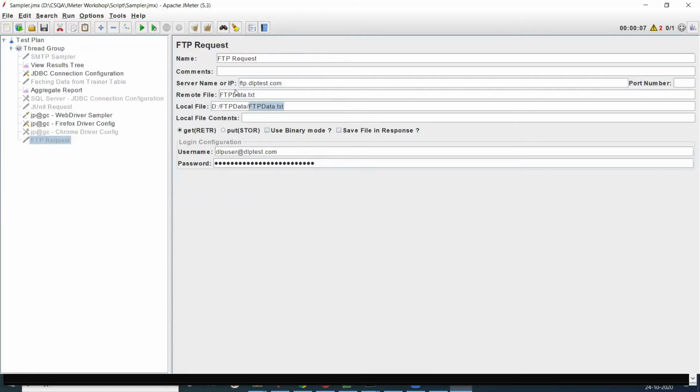Whatever data you want to fetch, this is the file name. What I'm doing is, it's a remote file, and this is the local file. So I'm getting the data from this particular location to my local file. It will download this FTP data.txt from FTP to my machine. So this is how you can work with the FTP sampler.